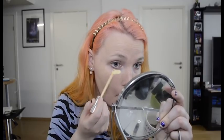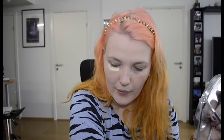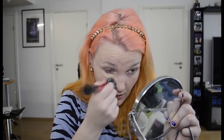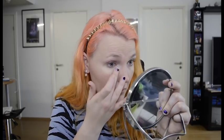We're gonna try to use the concealer now. This is very yellow, which I mean, it is called light yellow, so there's a little swatch of it. It's quite light. Hopefully it's going to work out. I don't know how quickly this dries, so I'm gonna do one part of my face at a time. This is so thick. Probably not the best for under eye, and you can tell that that's